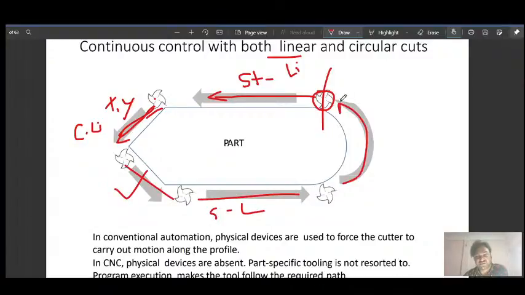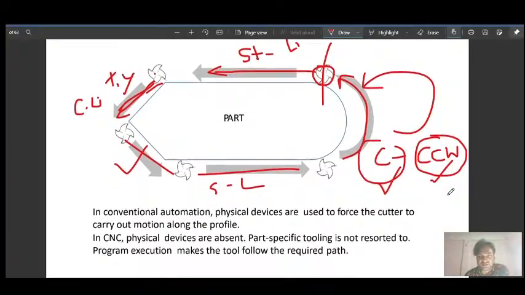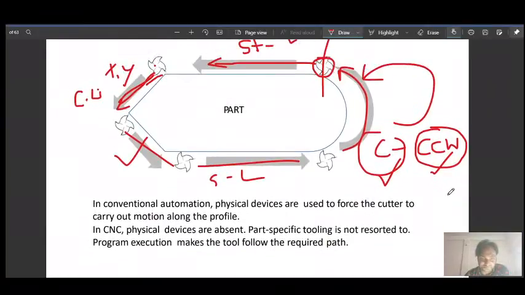And here now, which type is this one? Contour and circular. And in circular which type? Counterclockwise. So linear here, circular interpolation and contour motion, not straight nor linear. Contour and counterclockwise, that is circular interpolation, it is used.